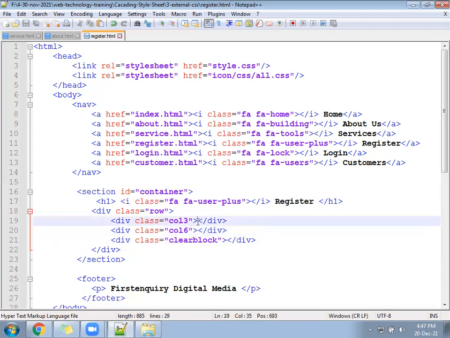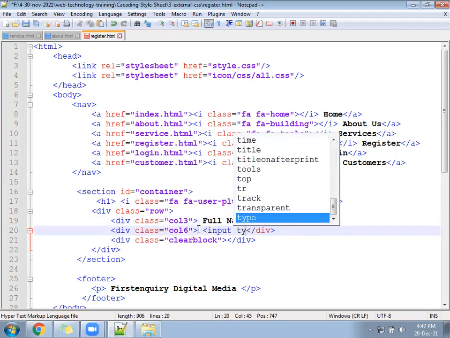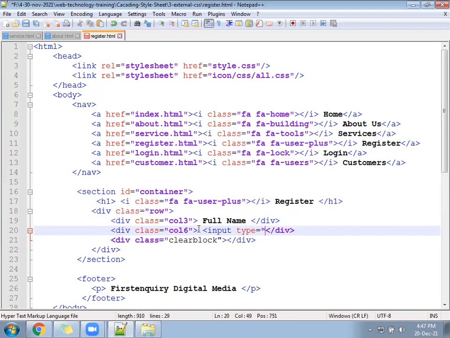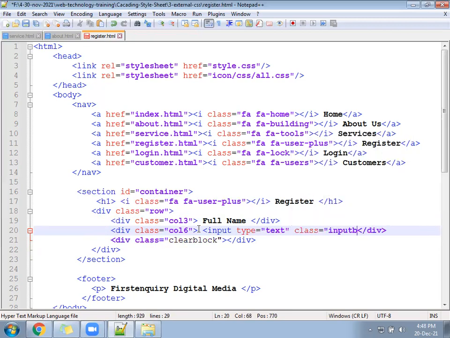Inside we'll write full name. Then here you will write a text box. Input type equal to text, and class equal to input box.